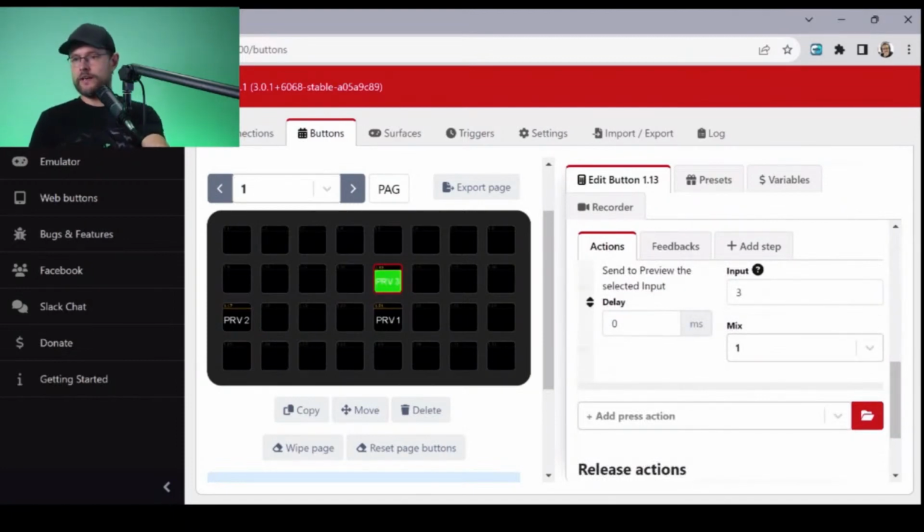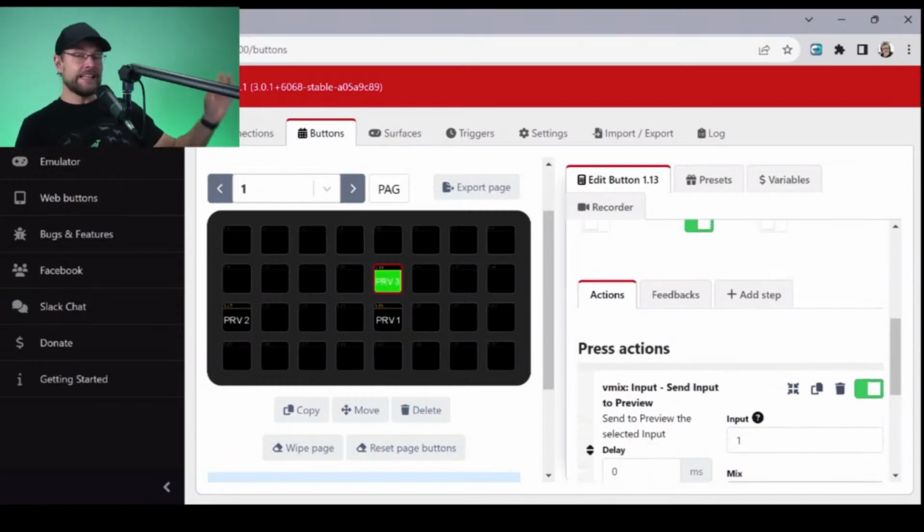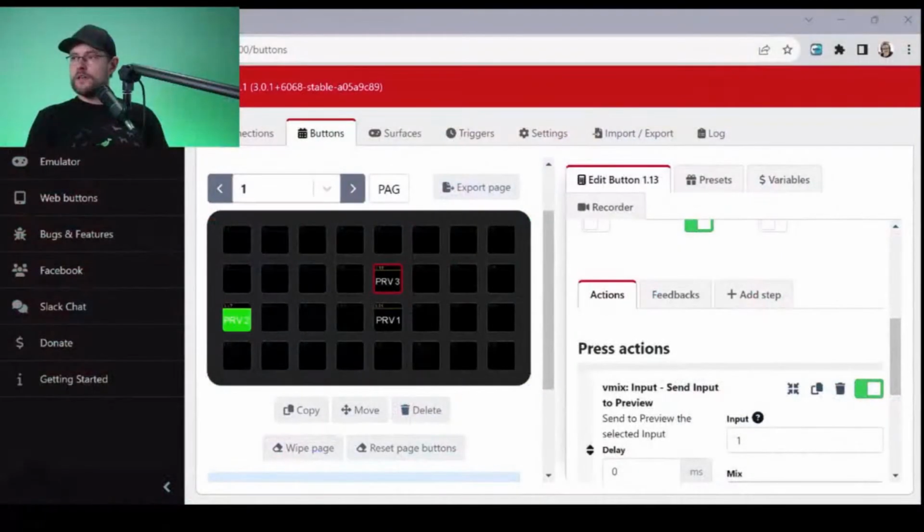Now that's overhead, and actually I want that to be my P4K. So instead of that, I'm going to change that to input 1. But I'm going to leave the title preview 3 because that's what it is on my Xkeys. Now that brings up my P4K. Good.